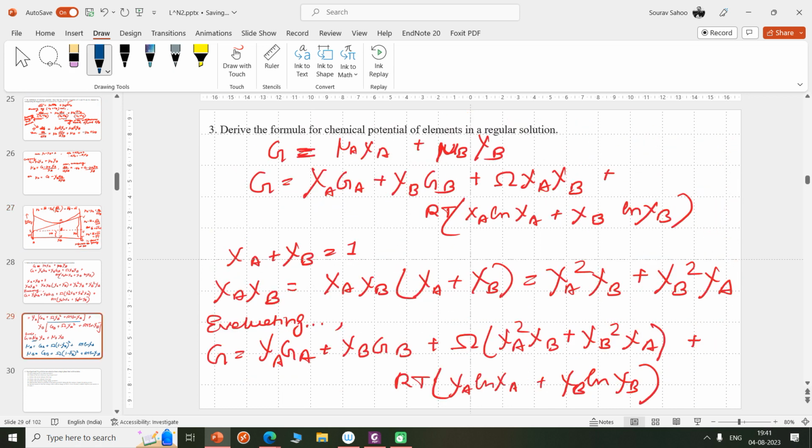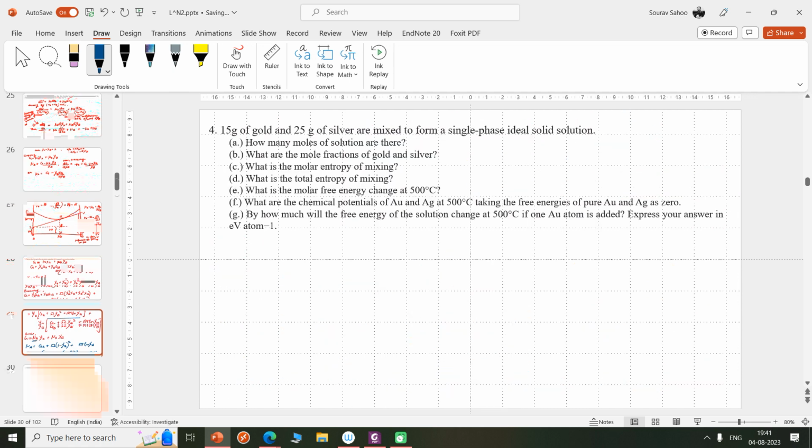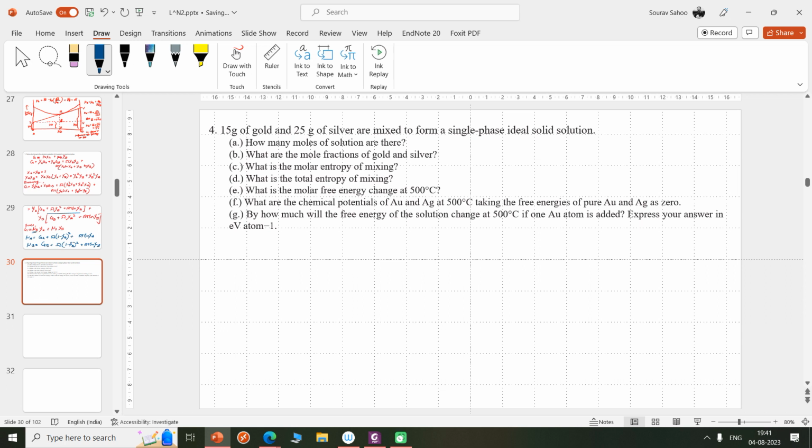So moving on to number 4, which is the graph. So please bear with me. It has asked that 15 gram of gold and 25 gram of silver are mixed to form a single ideal solid solution. So we have an ideal solution which has been mentioned already, right? So how many moles of solution are there? So we know that the atomic mass of gold is 197, right? And the atomic mass of silver is exactly 108. Okay? So the number of moles of Au is